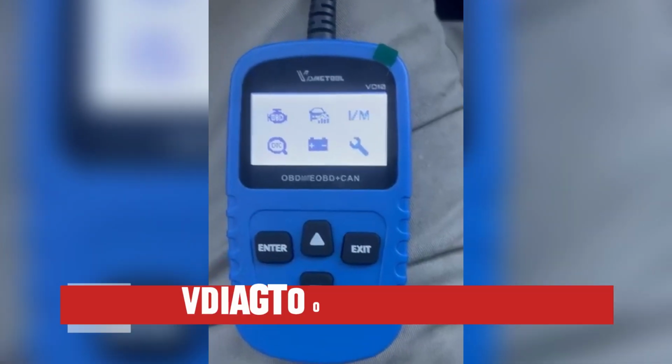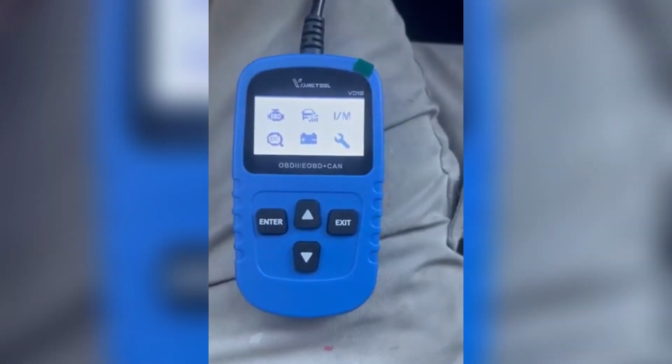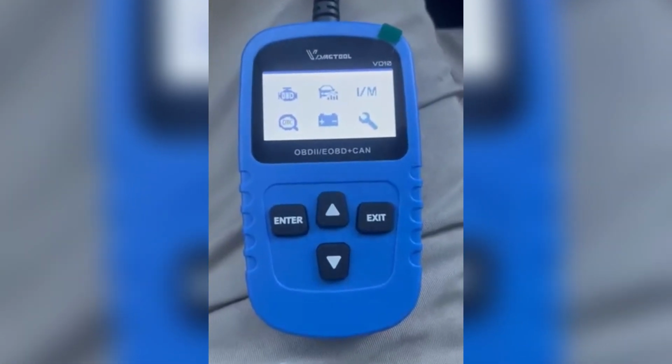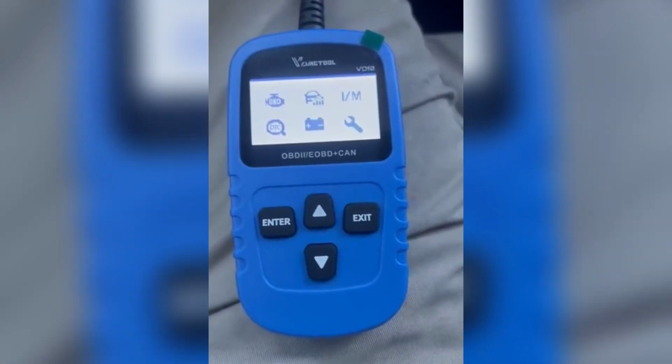Turning our attention to the VDJGTOL Car Diagnostic Reader. The VDJGTOL Car Diagnostic Reader is the professional powerhouse built for serious diagnostics. With its advanced features, it not only reads error codes but also provides detailed data on engine performance, emissions, and